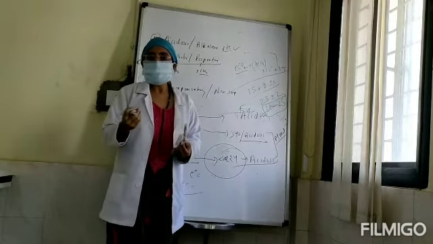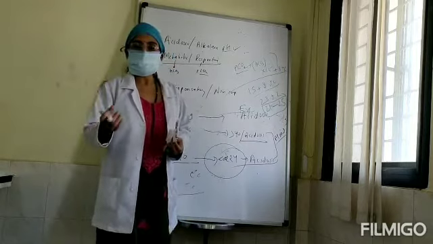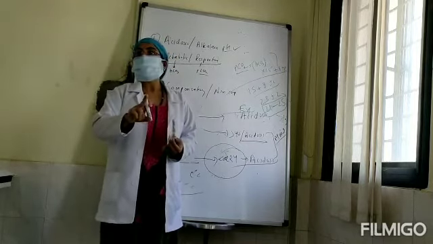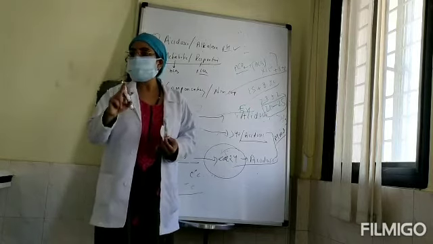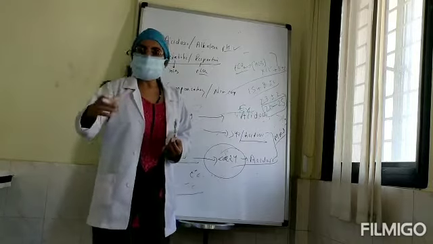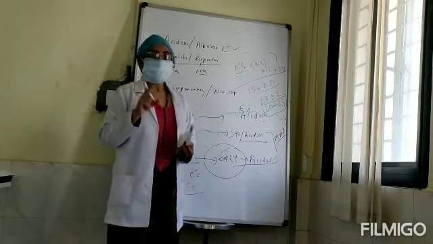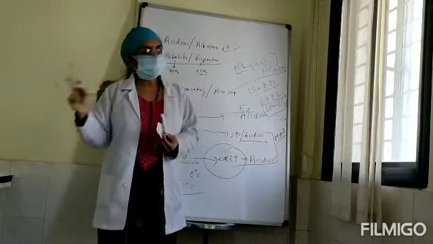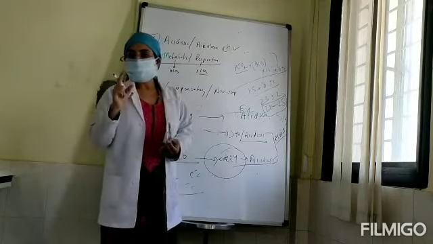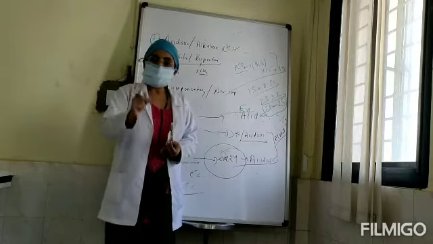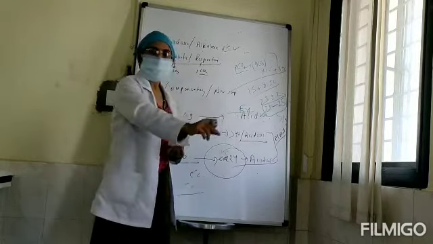Suppose the child has gone into decompensation. If I put the NIV and if the brain is intact, the child is going to improve. Definitely you are going to see the improvement in CO2 level with your respiratory support, with your immediate management. But in a child with cerebral edema, the respiratory failure is going to worsen with time. So that is how you are going to interpret this ABGA based on your clinical findings, and you are going to decide what you are supposed to do in that particular patient.